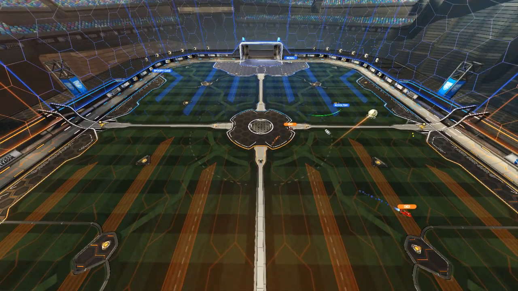Casey here. So at this point, he was right to be up and be challenging, but at this point, he's now turned all the way backwards to where his car is actually pointing backwards away, and he's now chasing the ball in this direction. At this point, your angle is now turned backwards to where you're going to have a much harder time being able to, first of all, catch up to it. It's going to take you a lot longer to get around and up to it, and also you're going to need a lot more control. Not that you can't do it, but it would be a lot easier for Nick Nack to come in and get the touch here. So if we continue